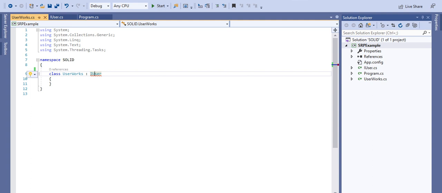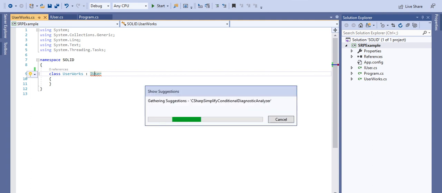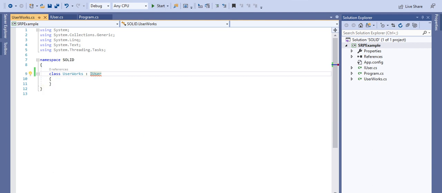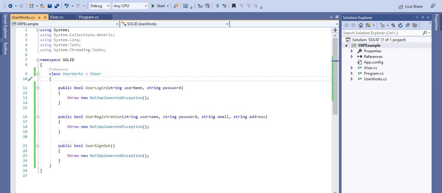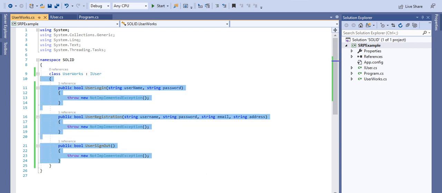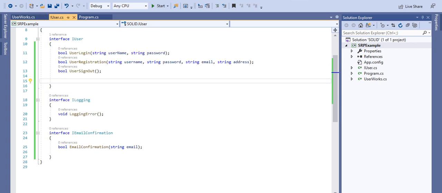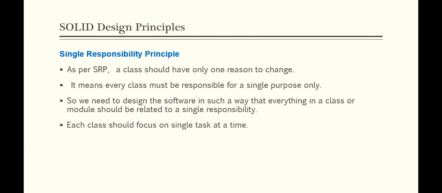That would break the IUser responsibility. So here I can take this one, and we can see we are doing the implementation for the respective things only, because this particular user is not worried about logging and all these things. In that way we can define the single responsibility principle.